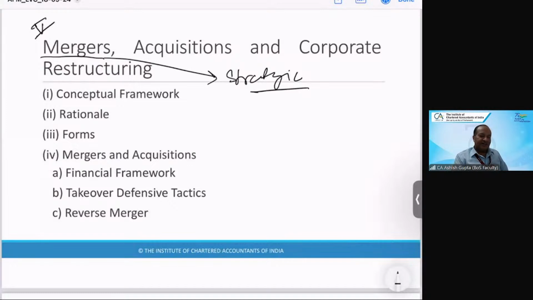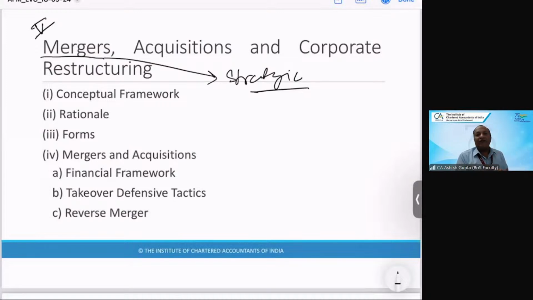It is a very strategic decision because the company may have funds or some vision. They start acquiring companies, or even two companies may merge together and form a new company. Of course, in merger and acquisition, when any decision is taken, various aspects have to be considered, like the regulatory aspect, whether it is permitted under the Companies Act or by the Competition Commission of India, and the taxation aspect.